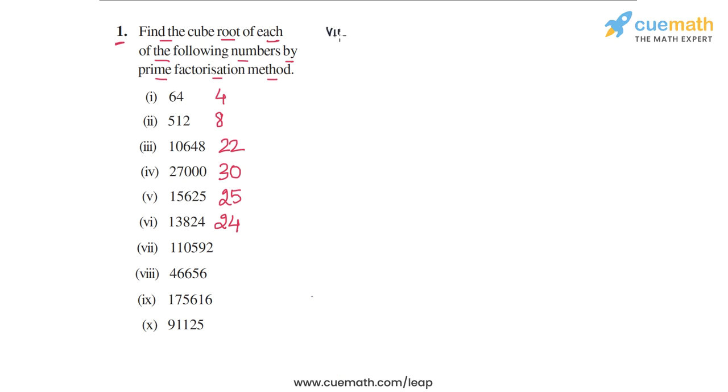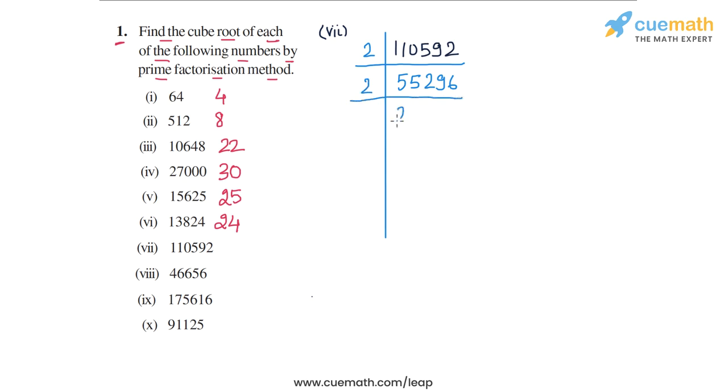Now let's come to part 7. In part 7, we have the number 1,10,592. So once again, we will start by prime factorizing this number to find its cube root. So this number is an even number. So we take out a factor of 2. We divide this by 2, and that gives us 55,296. Still even, so we can take out another factor of 2, and that will give us 27,648, which is even yet again. So I take out another 2, and this gives us